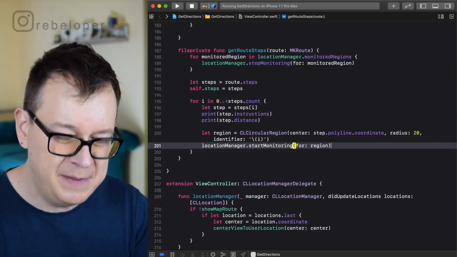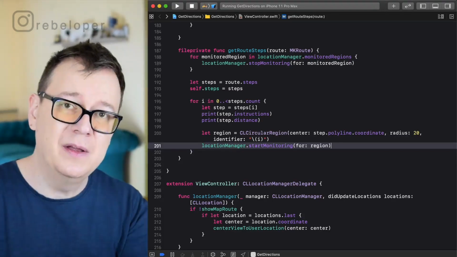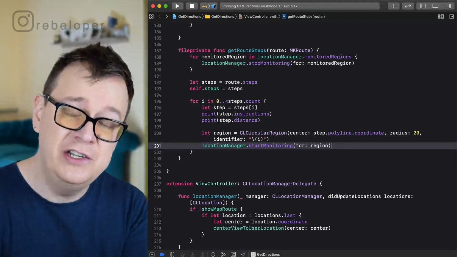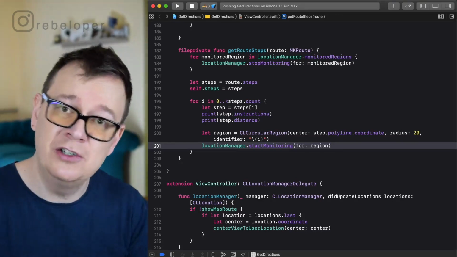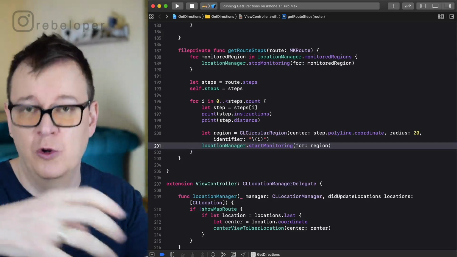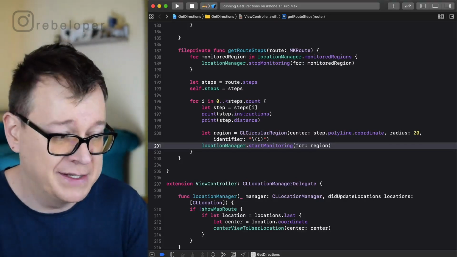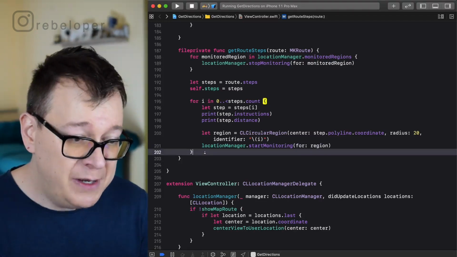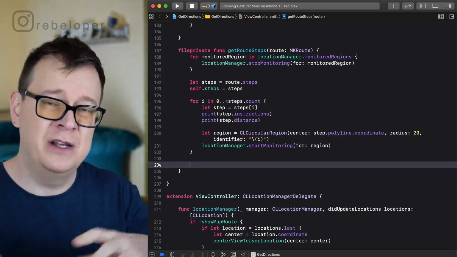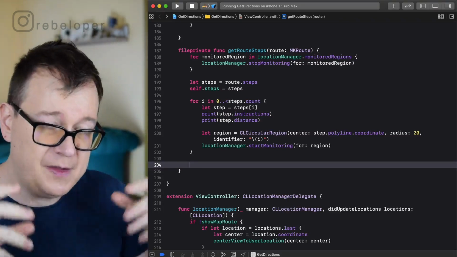Now this is because whenever you reach the next step, you get into that region, and the location manager is notified, because it's monitoring all of those steps, all of those coordinates. It's going to notify us. Okay, now that we set up all of this monitoring, so we're monitoring all the steps along the way, we want to, first of all,